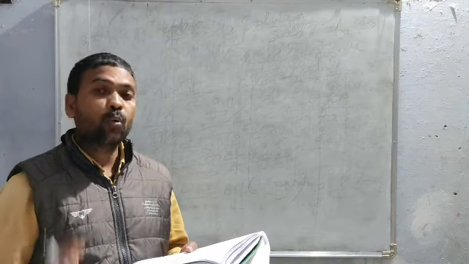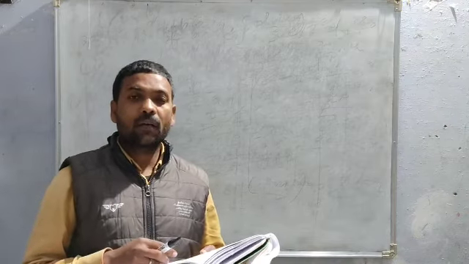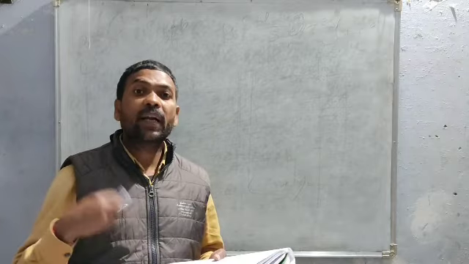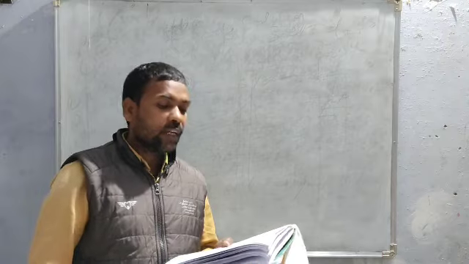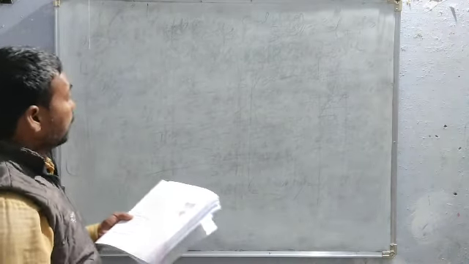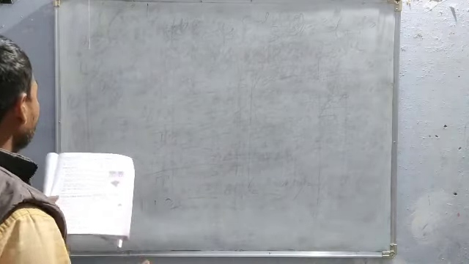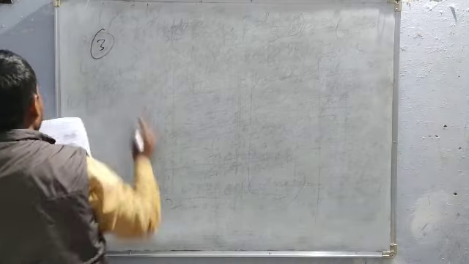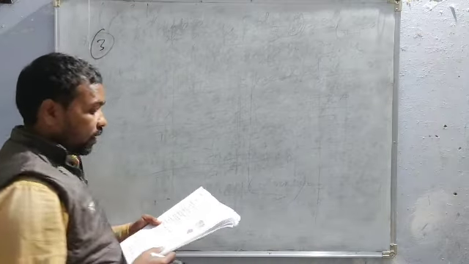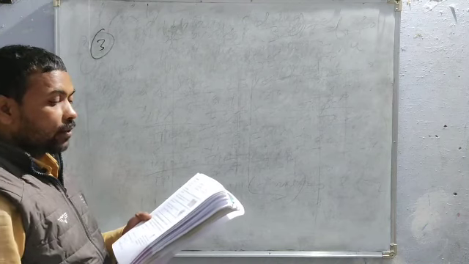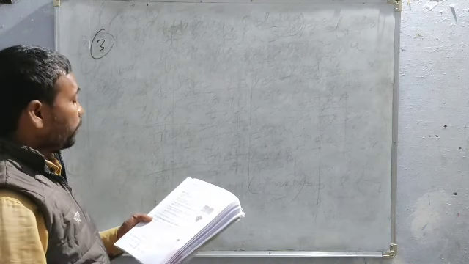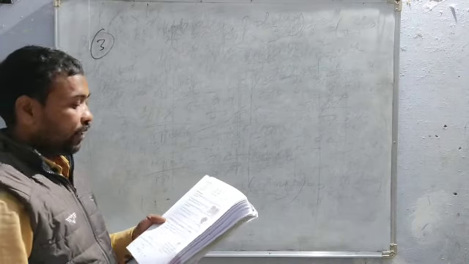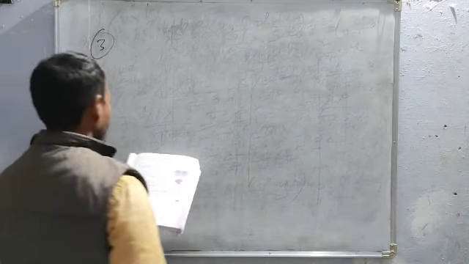So 10% are failed, so how many percent will be passed? 100 minus 10, total should be 100%. 10% are not passed, then how many percent are passed? 90%. So you can find 90% of 50. That will be the number of students passed the test. So any one method you can apply. Third one, since here asking the number of students passed, so first find the percentage of passed students.